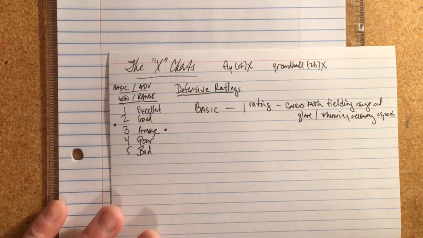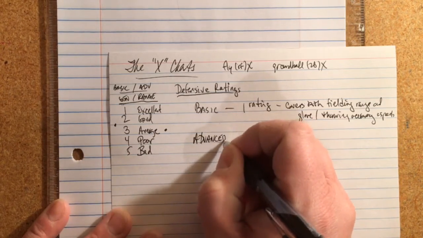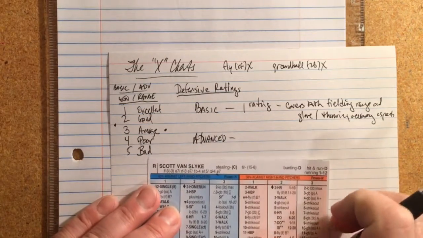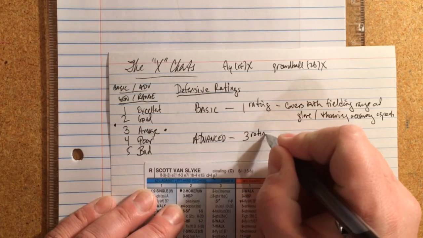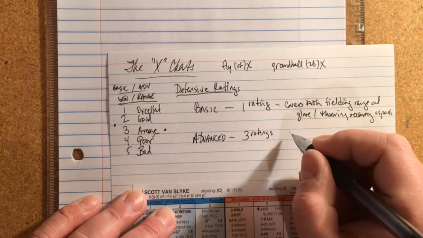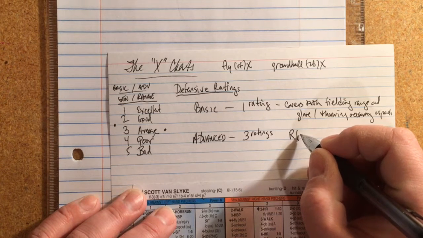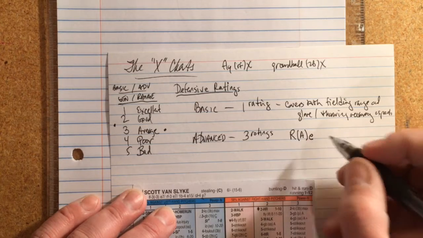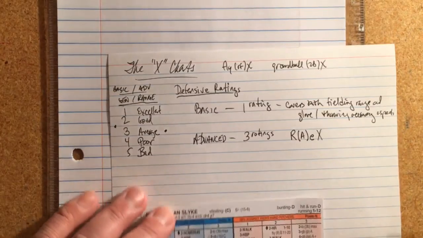Now let's go to advanced. So now this rating has a little more complication. There's up to 3 ratings for each position for a player. I'm going to use some letters here. We're going to go R, then you have a parentheses and an A, and then a little E, which you'll see in the ratings, and then we'll go with an X,